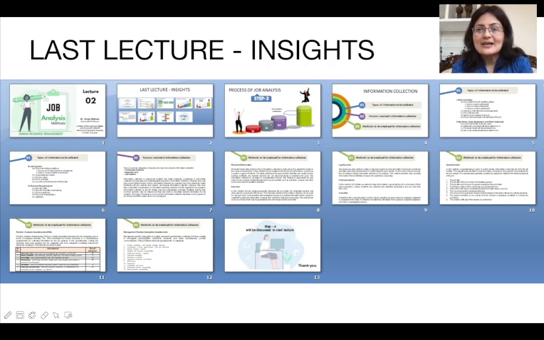As I had discussed in the last lecture, we have some insights. These are small templates to tell you what we did in the second lecture, which covered the methods of job analysis. Basically, that was step 3 of the process of job analysis, in which we collected the information, and for information collection, we used certain methods. Now, this is the third lecture in the series on job analysis amongst the lectures on human resource management.